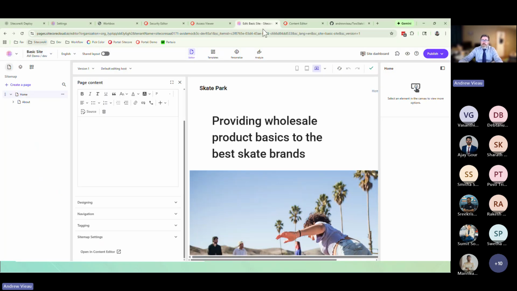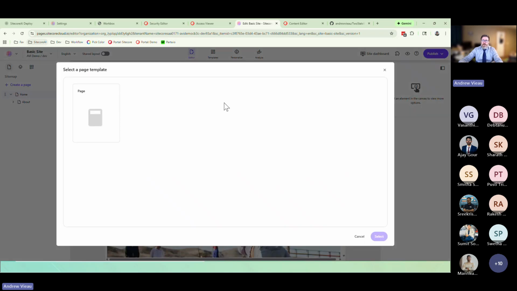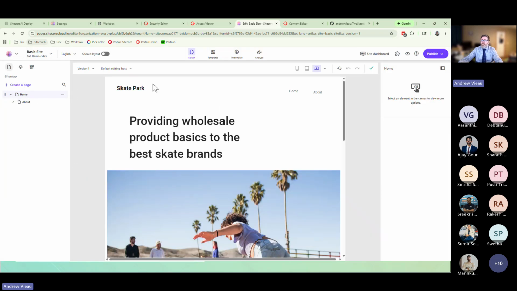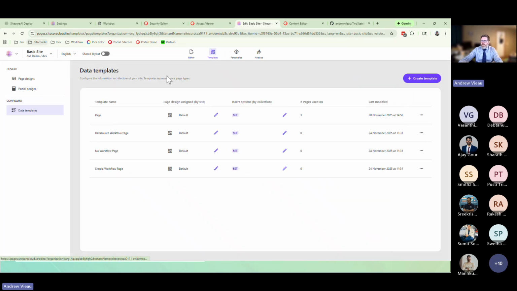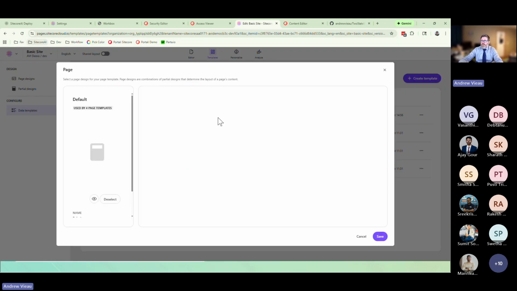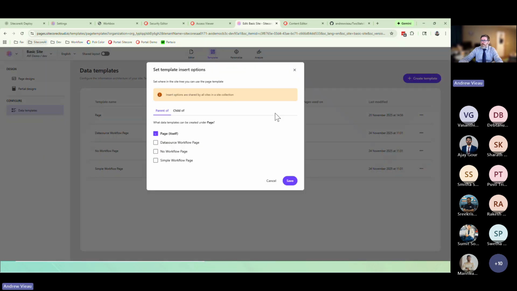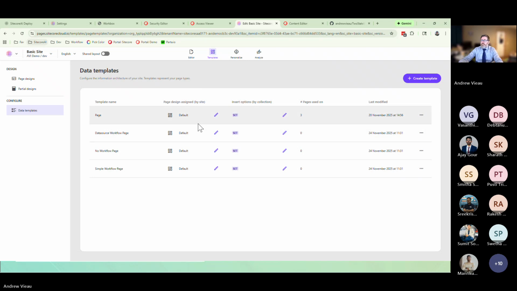Just to show you the difference there, if I go and create a page, I've made a few, oops. Did I not set my insert options? Excuse me, I'm going to quickly set my insert options here. In the templates panel, by the way, this is just if you haven't seen Sitecore AI, a nice option. You can set your insert options from the page builder. So on the default page, I want to edit my insert options. I've created three pages here: a data source workflow, no workflow, and a simple workflow page. Now that I've set up those insert options, if I go back to my editor on my home page,